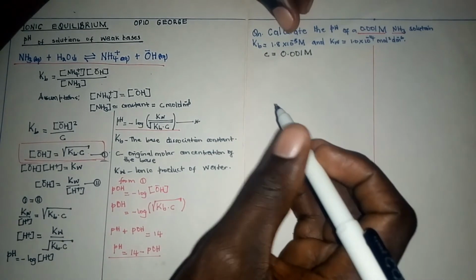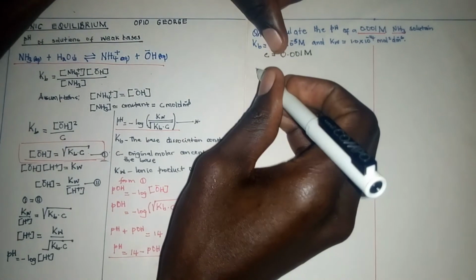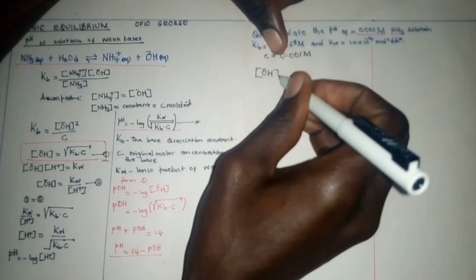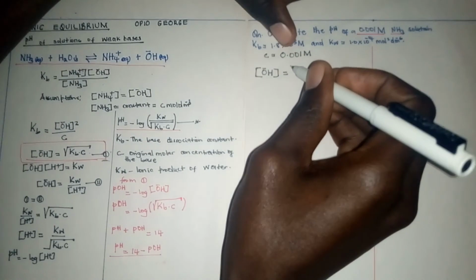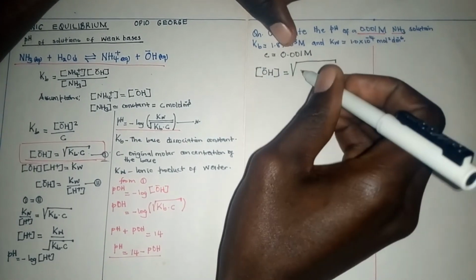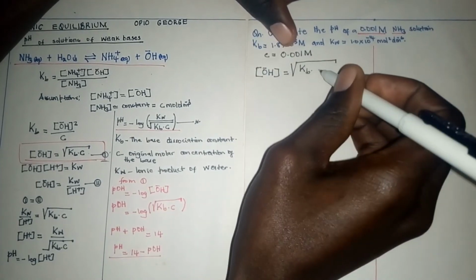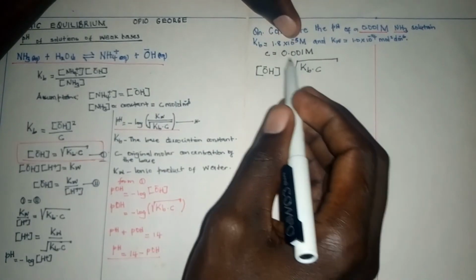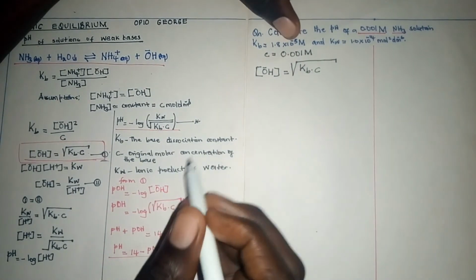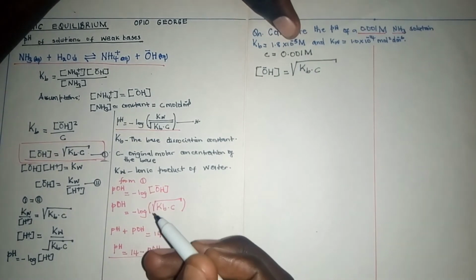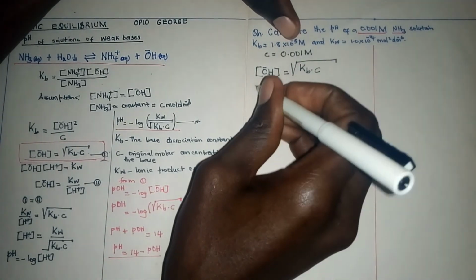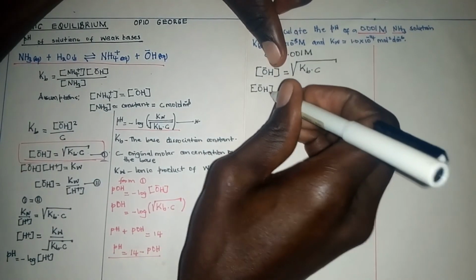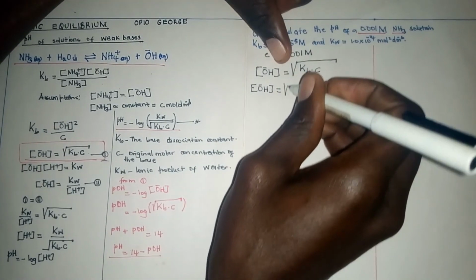And then we obtained previously that molar concentration of hydroxyl ion is expressed by the square root of Kb times C. So now that we have the value of Kb and we have the value of C, we simply substitute in this equation and we obtain the molar concentration of hydroxyl ions. So this will give us molar concentration of hydroxyl ion being the square root of